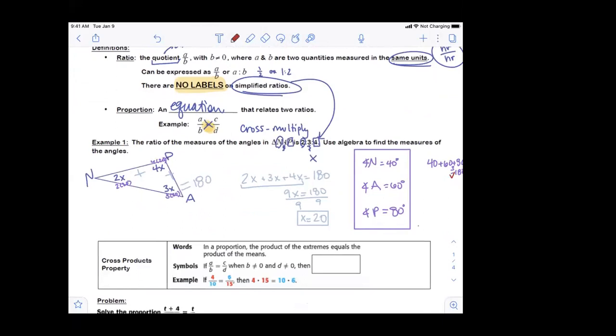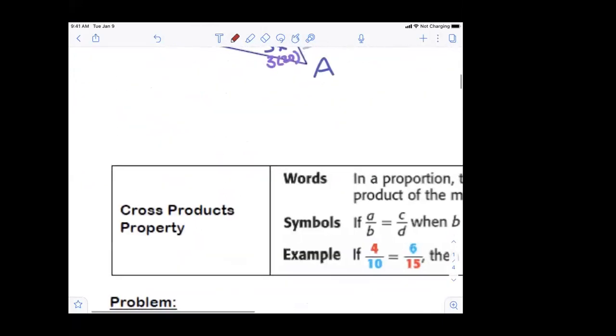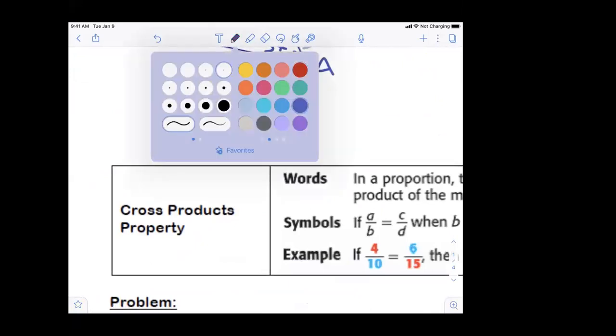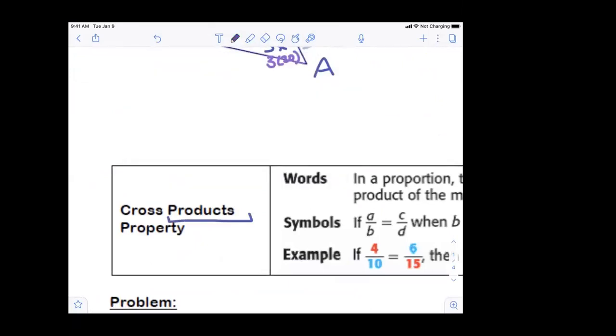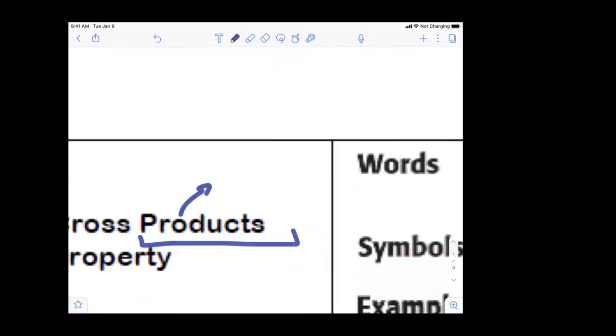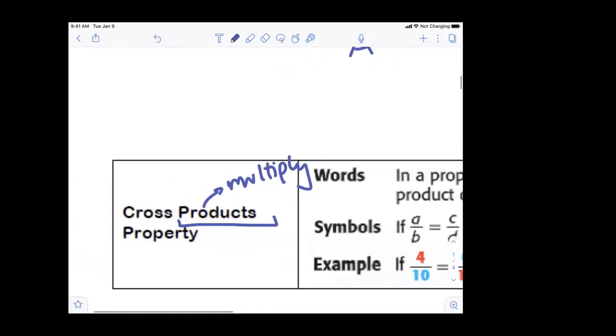Okay. All right, I guess I brought up cross multiply a little too early because we're going to talk about that a little bit more in depth right here. This says cross products property. The minute we see cross products property, you might be like, all right, I'm already tapped out. I don't really know what this means, and I can't really do much about it. Product, though, remember that happens when you multiply two things together. So the product is when you do something times something else, that gives you the product. So this is just telling us about,